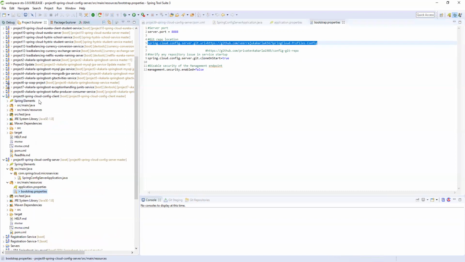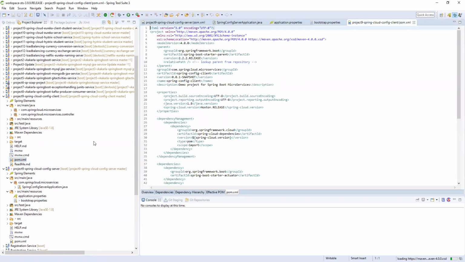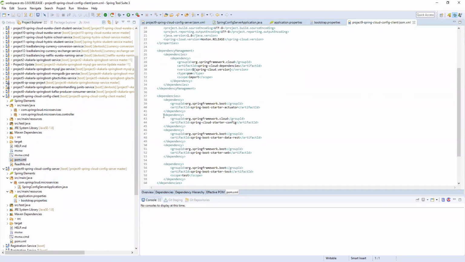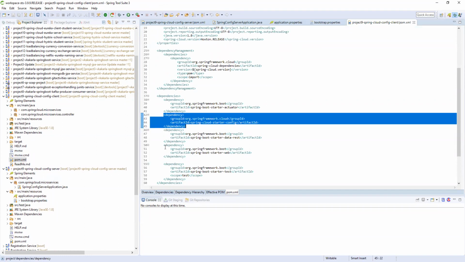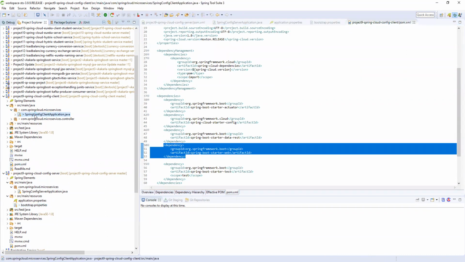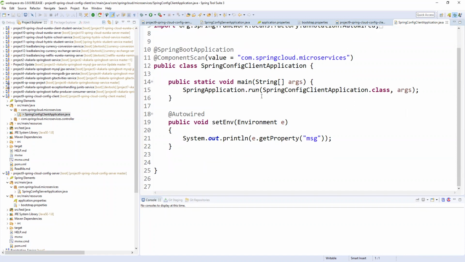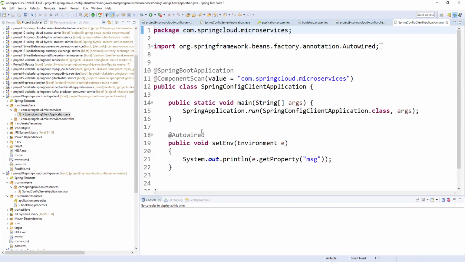Where we need to use these messages and properties, we need to check, right? So for that I wrote a client service. This config client is our main microservice where we are loading all the properties from the config server, which loads from the external repository. Fine. Here in pom.xml, you can see the same cloud config dependency, and for the controller we need a web starter. So let me open this application. We are not using any annotations here, because we are already consuming the service.